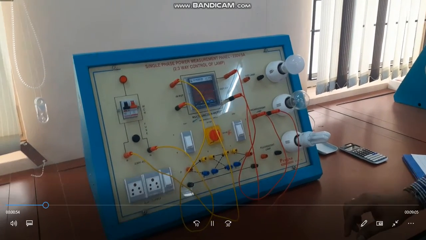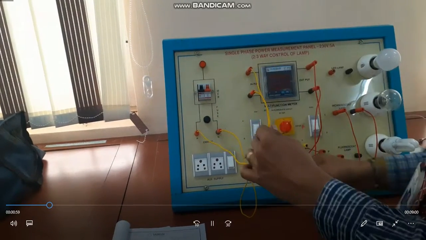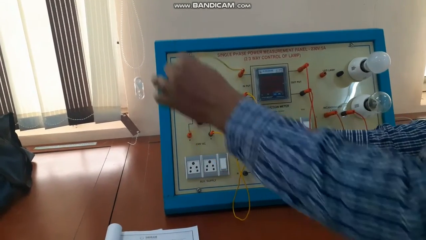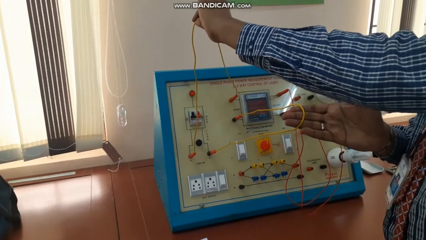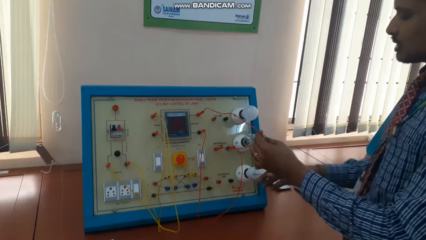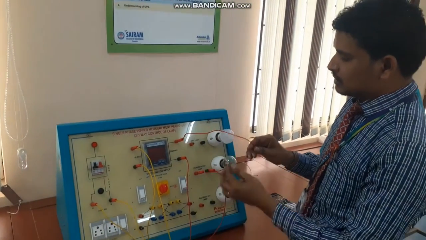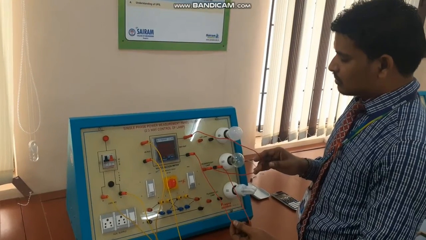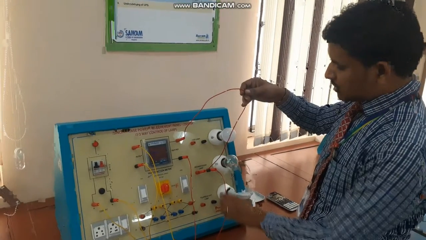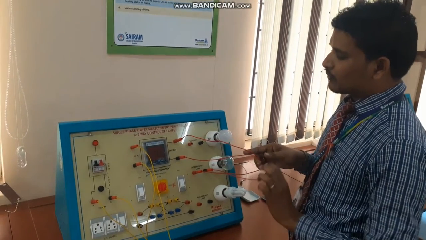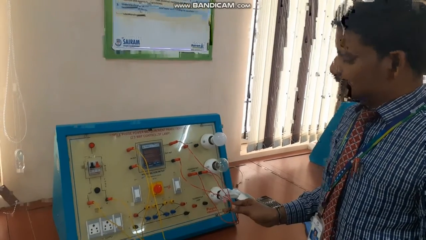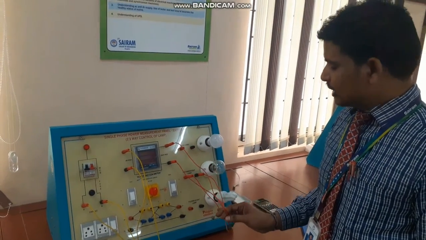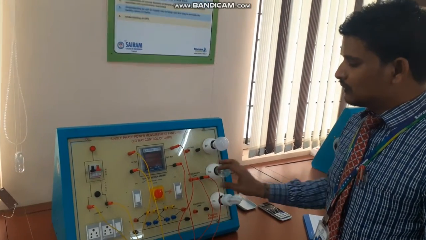To conduct this experiment, first of all we have to connect the phase and neutral between the supply voltage and the multifunction meter. Phase is connected to phase, and neutral to neutral, and again the phase is connected to the incandescent lamp phase. The output neutral terminal of the multifunction meter is connected to the neutral terminal of the incandescent lamp. First we are going to measure voltage, current, phase angle, power and power factor for the incandescent lamp, because connections are made initially for it.